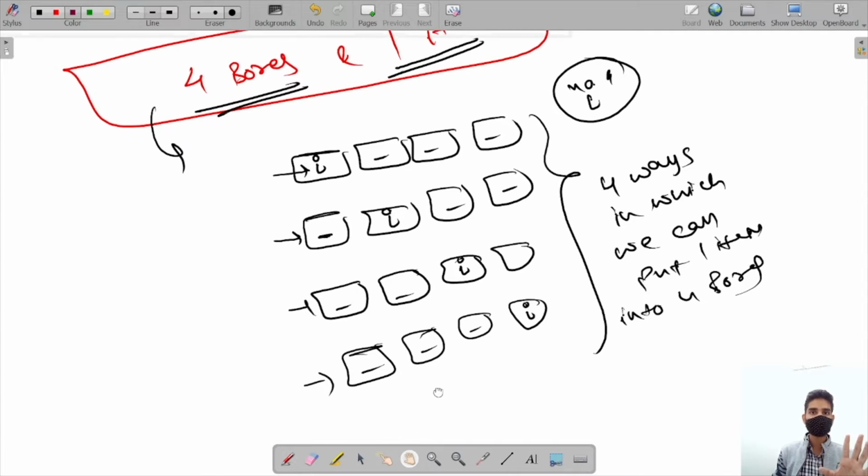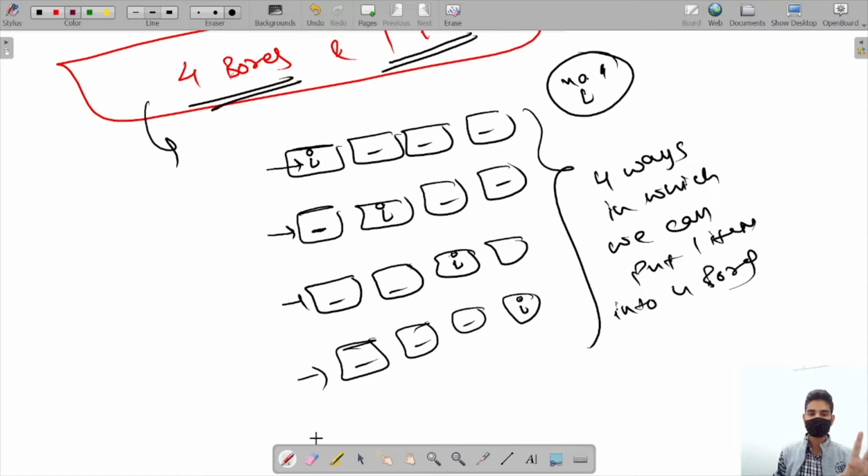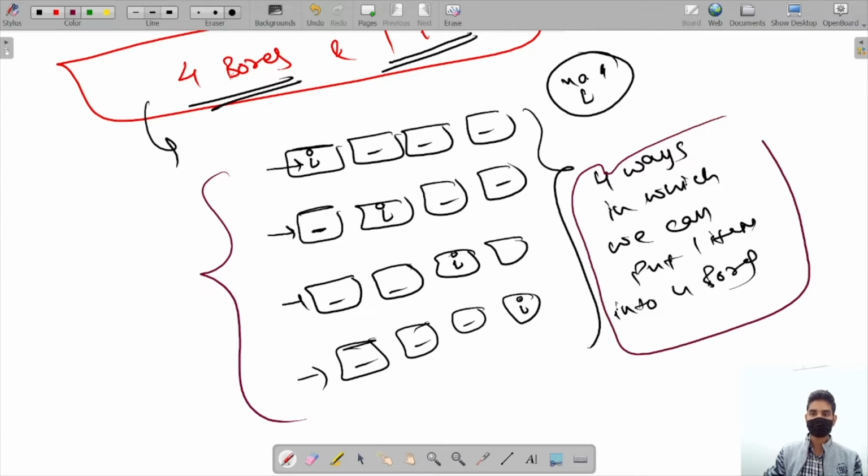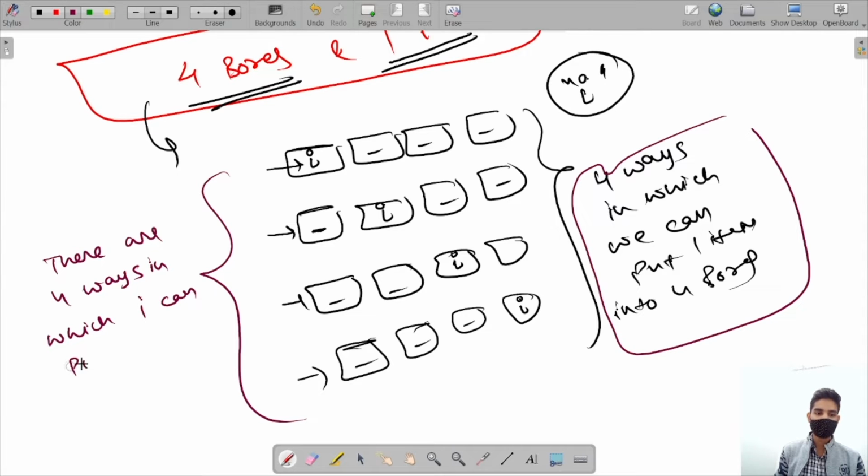One more thing you can derive from this: our question is to print all the ways, so we have printed them. But what we can derive from these ways is that there are four ways in which I can pick a box from 4 boxes.